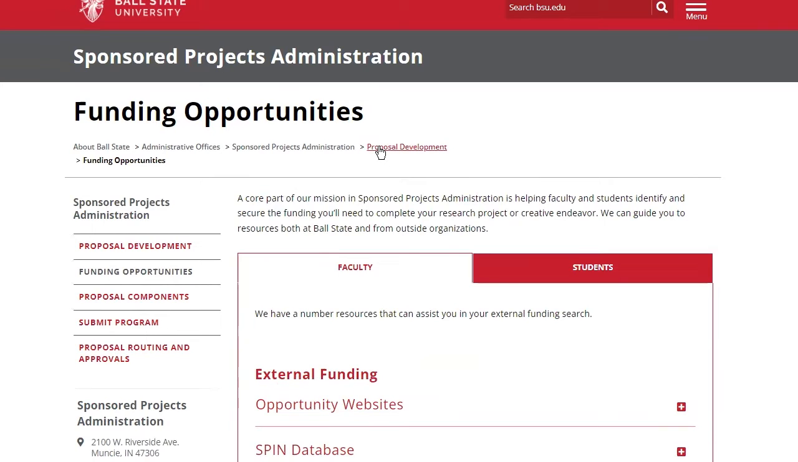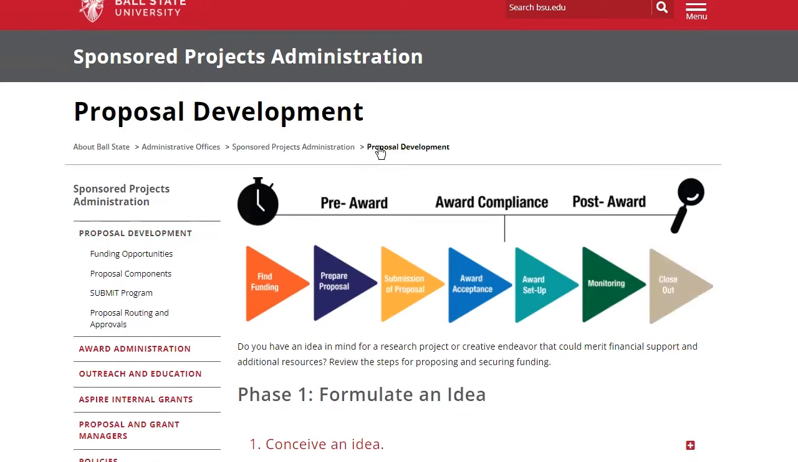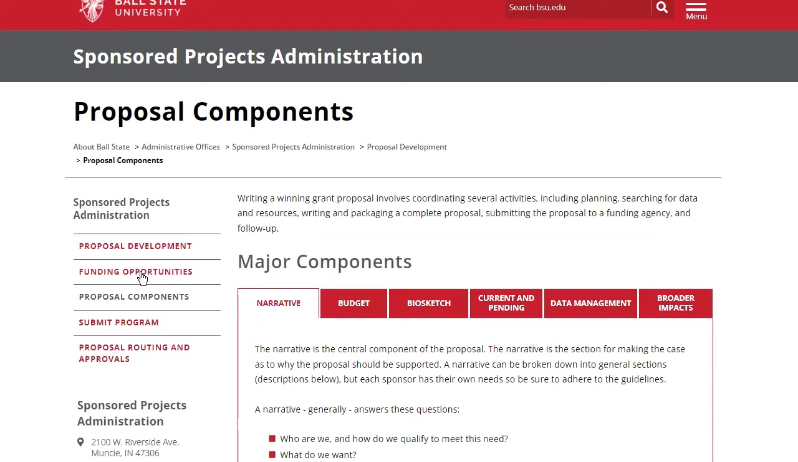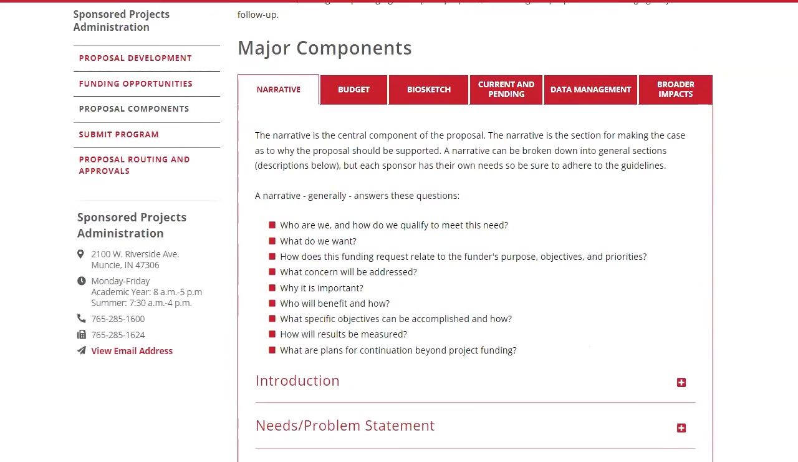For our proposal development, so great, you have your funding opportunity, and what are these guidelines telling me I need to do, and what do I need to put together? What do I need to bring together to be able to actually put a grant proposal together? So we have an FAQ and major components. This is not comprehensive by any means, but it definitely,